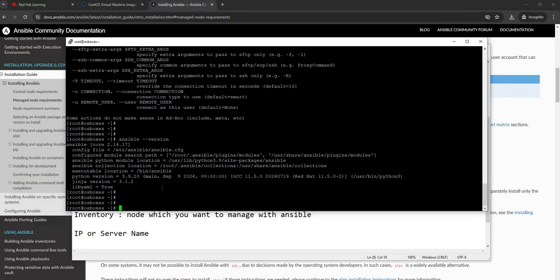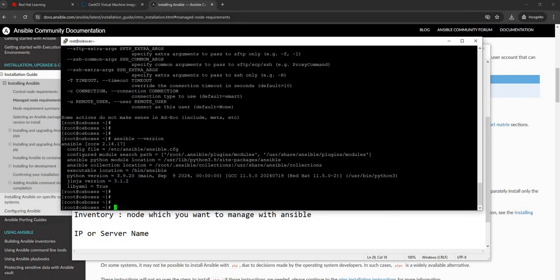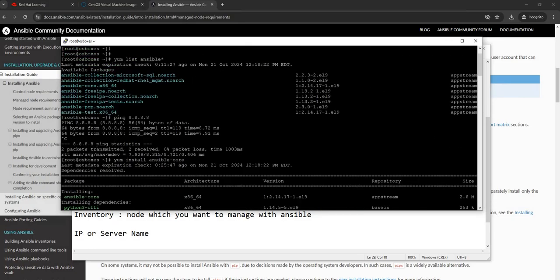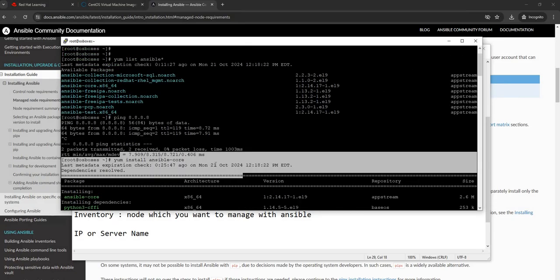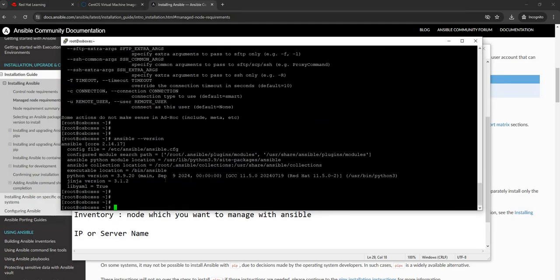If you don't have that much compute or space in your local system, you can do the same thing on any of the clouds. Just have a cloud account and create one VM, either CentOS or Ubuntu, and you can follow the same steps. You can update and install Ansible. That's it. So in the next video, I will show you how you can clone this VM to the Ansible client,